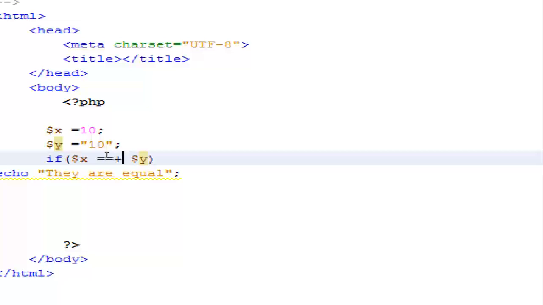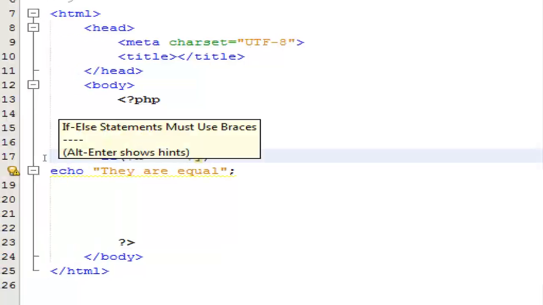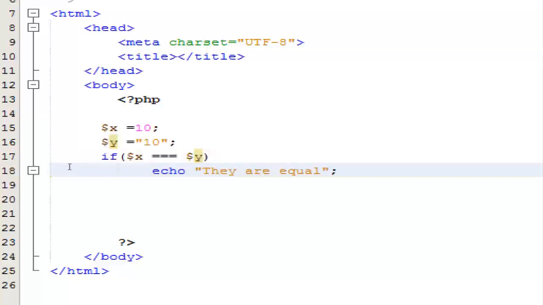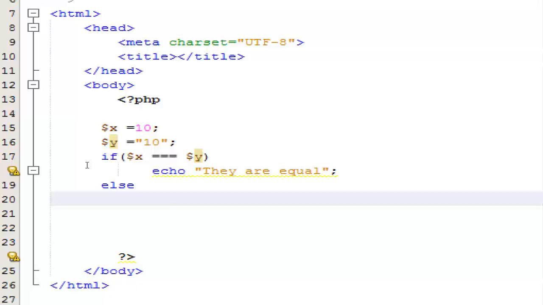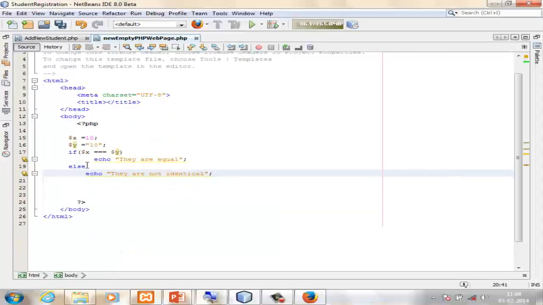You will say that if they are identical, that means both of them are integers and their values are the same, then only tell me they are equal. Otherwise, I want you to show that they are not identical. What's the meaning of saying they are not identical? You are trying to compare a string with an integer and give an answer. The data type is very different, so don't give me an answer saying that they are equal. So that is triple equal,